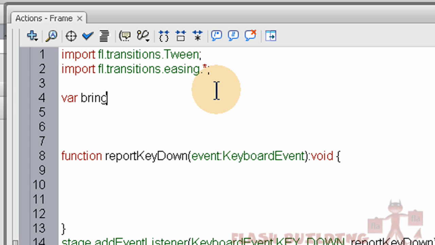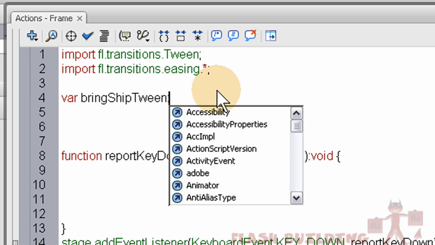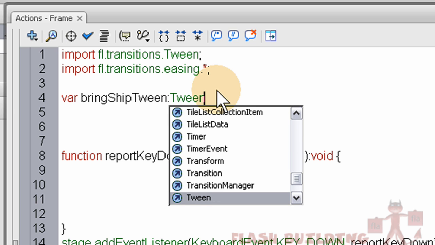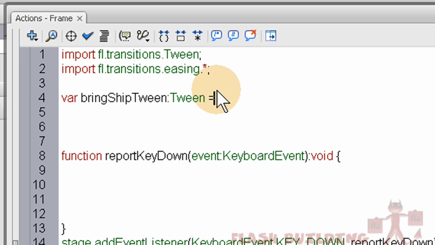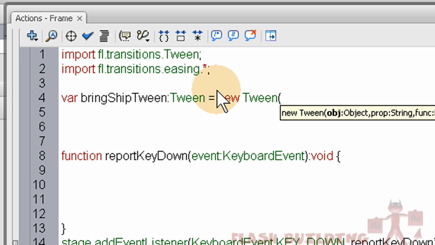When somebody enters the Flash file, they'll see the ship tween into position, which is a cool effect, and you'll see why in a second when I get done with this. So you can see what I'm typing in, type in new Tween, open parentheses, and put the object here, the ship, the instance name of the object, and the